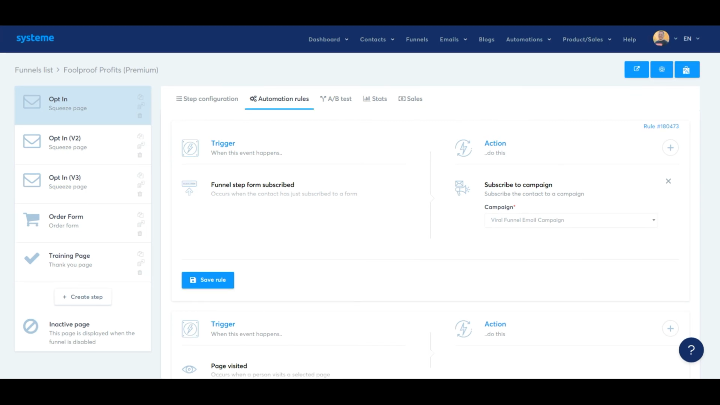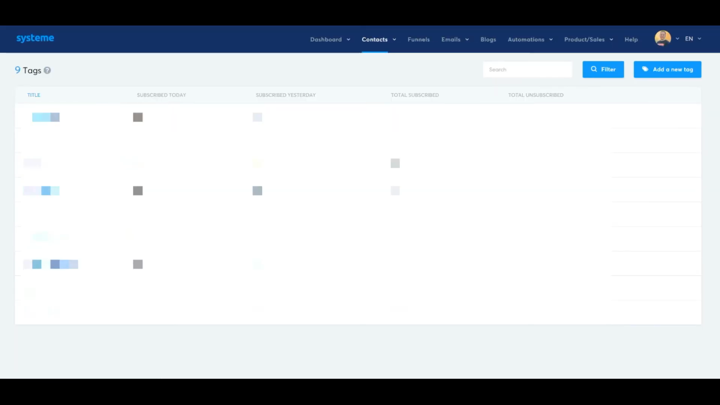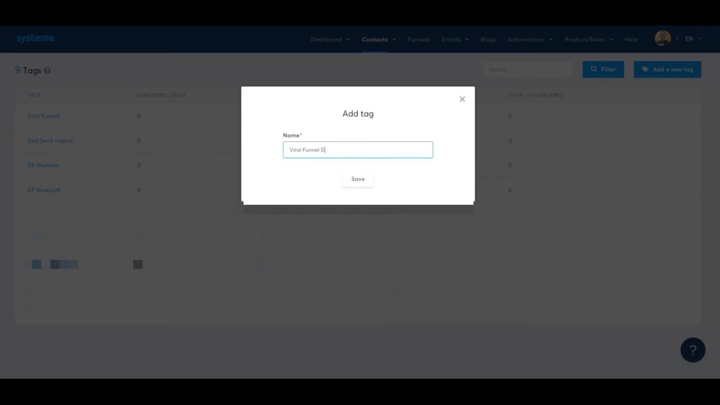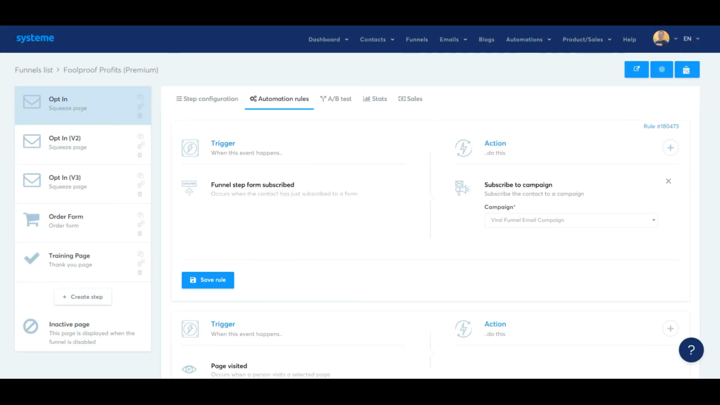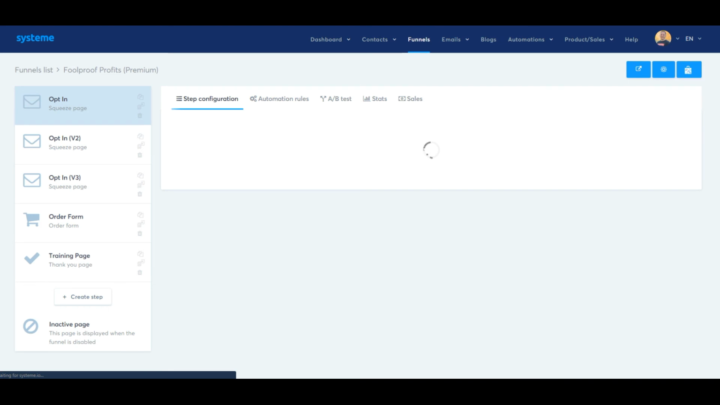Maybe you want to add a tag, a specific tag to a person. So what you can do is I just like opening this on a new tab. And we'll go over to tags and we're going to create a new tag. So we'll add new tag. And then we'll say viral funnel demo. We'll click save. We'll go back to our funnel, the automation rules. We need to refresh this page just so the tags reload up, and we're going to click on automation rules